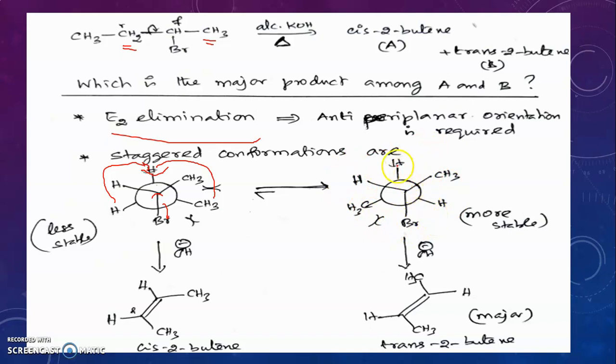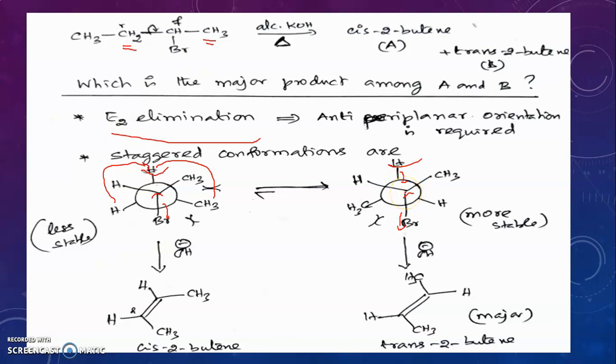Now, see, this hydrogen and the bromine are in anti-periplanar orientation. So, if you do elimination, this hydrogen comes out as H plus and this bond will move over here. So, you will get a double bond between the front carbon and the rear carbon. When this bond migrates here, this bromine comes out as Br minus. Are you able to understand? It comes out as Br minus. So, you will get a double bond between the front carbon and rear carbon.